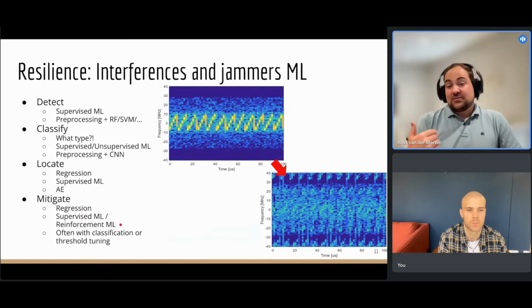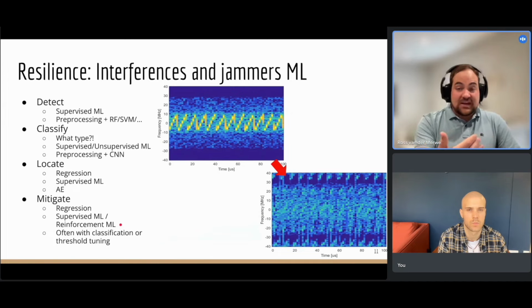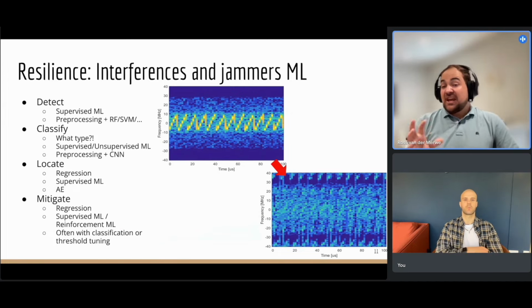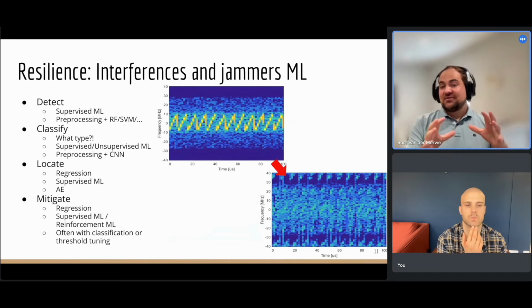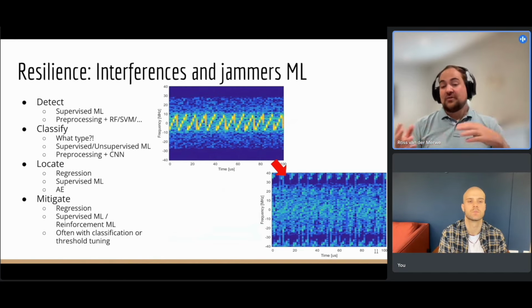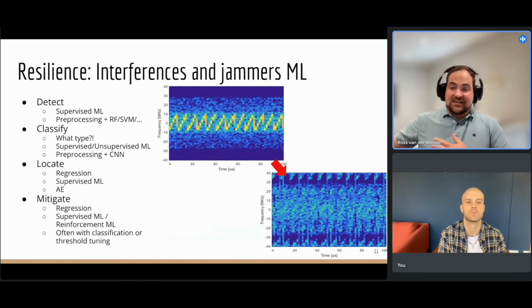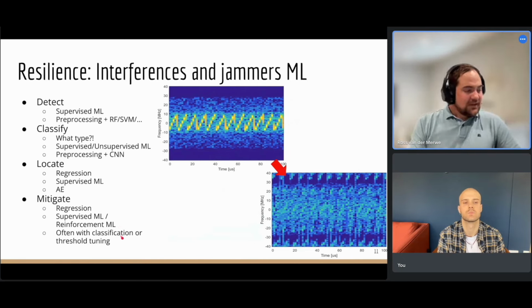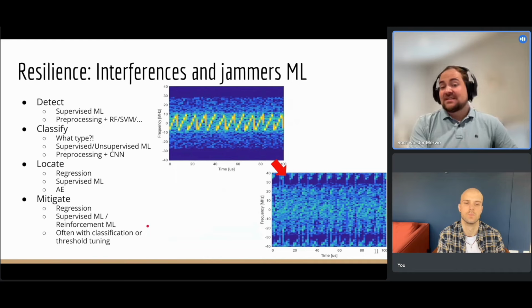And yet it's interesting because you can do this reinforcement learning where you see what's coming in, what's coming out, and then change the well-known traditional mitigation algorithms, whether this is tuning some thresholds or switching them on or off, and thereby optimizing the whole output. And this is something I think will be really exciting in the next couple of years. I've seen very few papers about this.